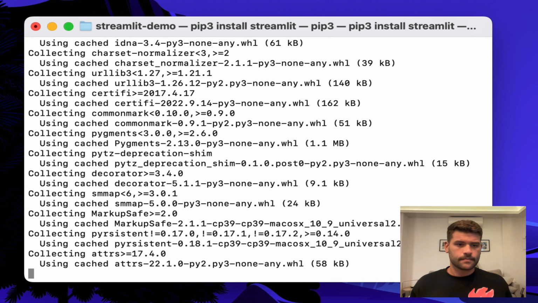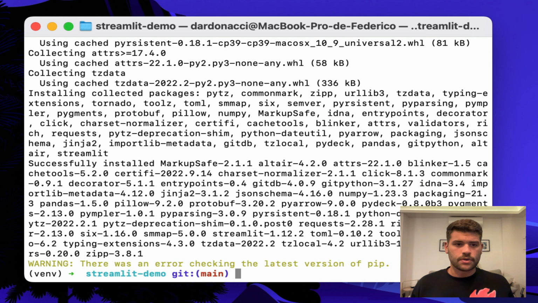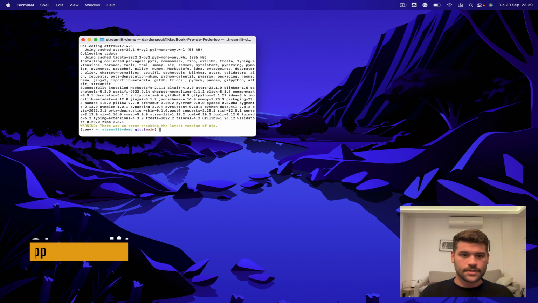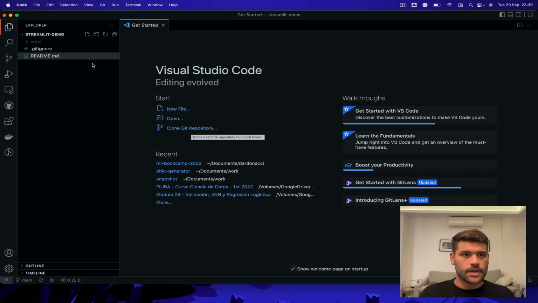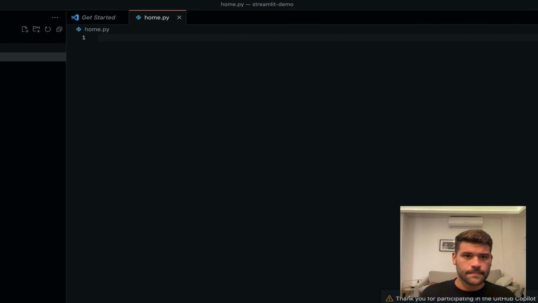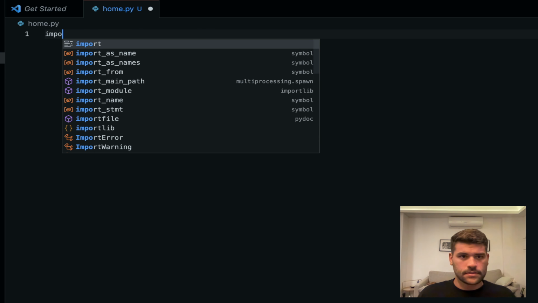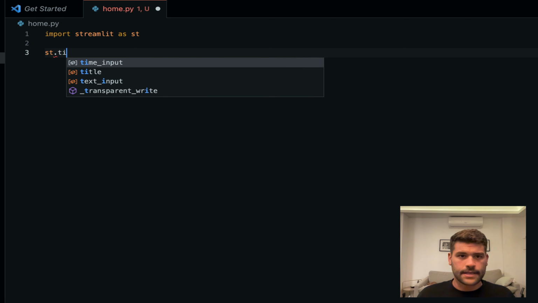Okay, so once this ends, we can open Visual Studio Code and start coding our app. Let's open the project, and we can create our first file that can be home.py, and here we can import Streamlit as st, and we can write something like